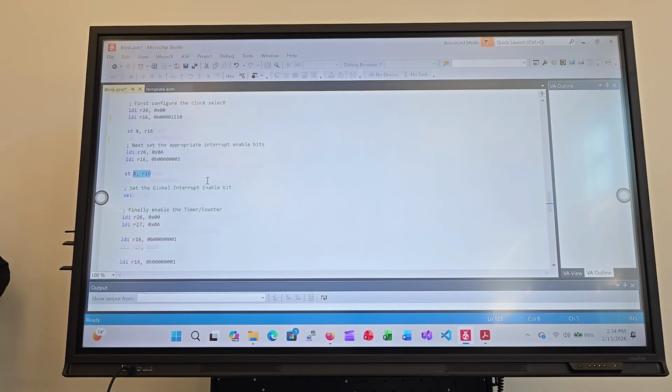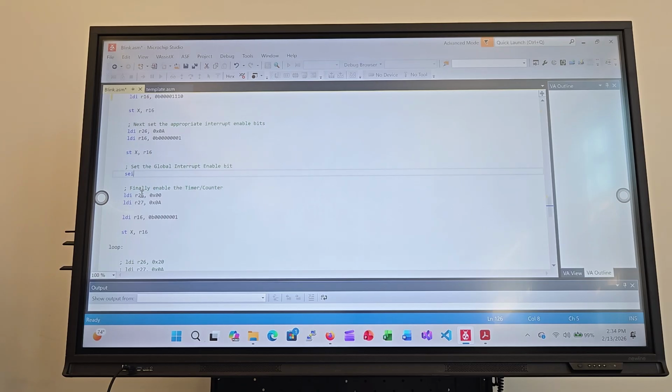Then you set the global interrupt enable bit. You have to enable interrupts on a global level in order for any interrupts to be able to be triggered. That is done with the SEI command. Finally, enable the timer counter,